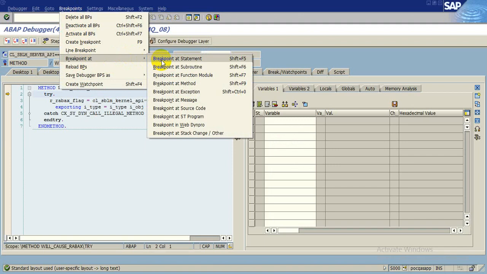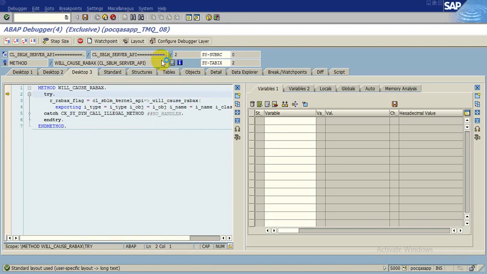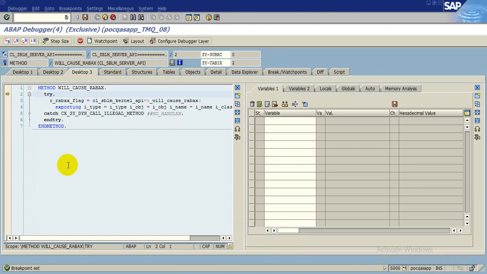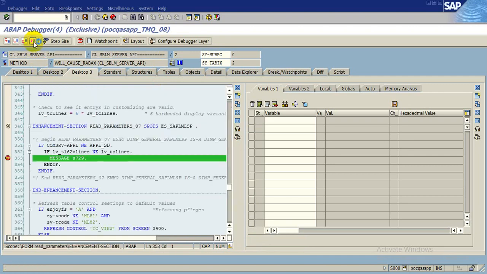We are putting a breakpoint at statement, click on that, and here we put the statement MESSAGE, okay, and press enter. Now you continue by pressing F8.